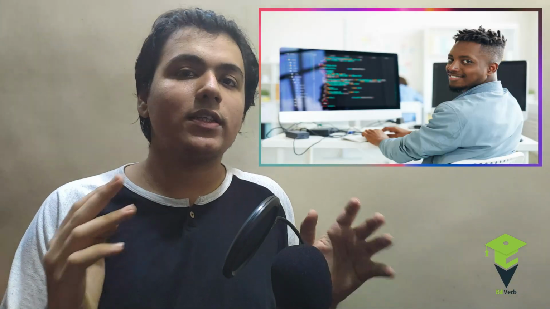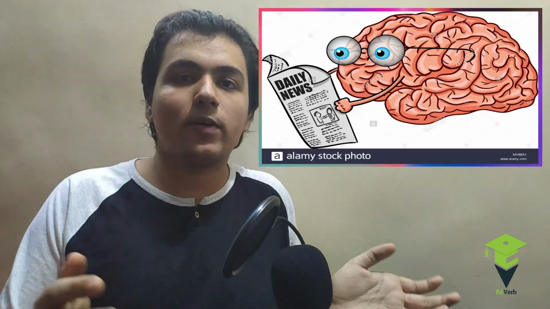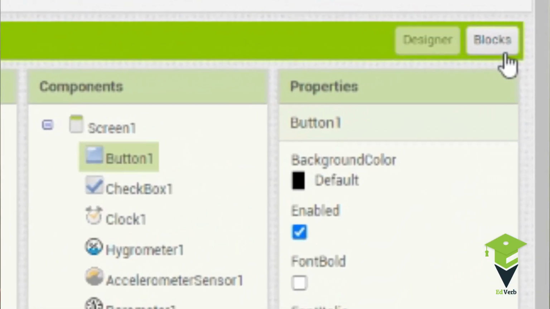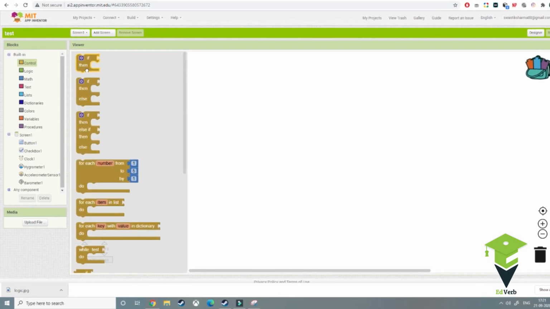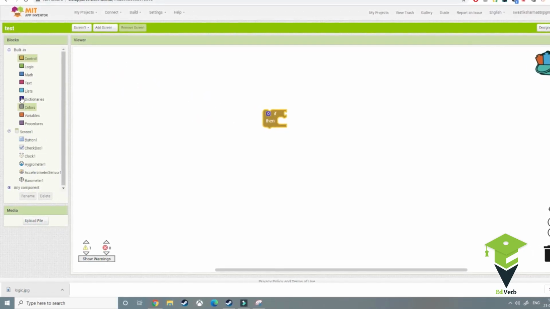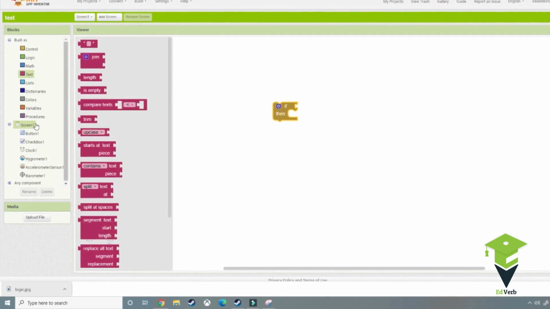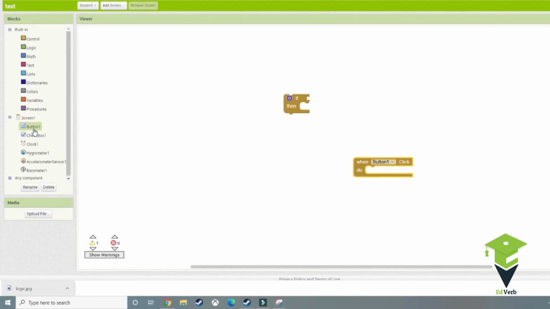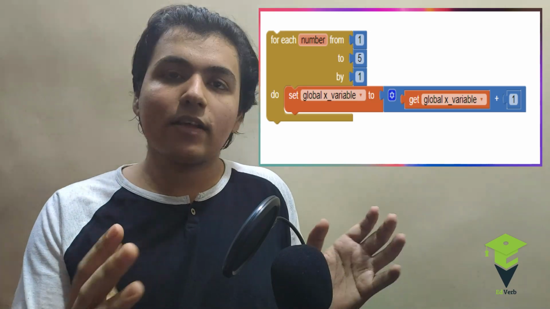So the second stage, which is the programming stage. In this stage, you decide what logic you will use to perform certain tasks in your application. And App Inventor provides you with a programming interface. You drag and drop various blocks into your application. Those blocks will be used to program your application. And those blocks are so simple to understand that even children can program their applications very easily. So those blocks can be variables, conditions or loops. They are very simple to understand.